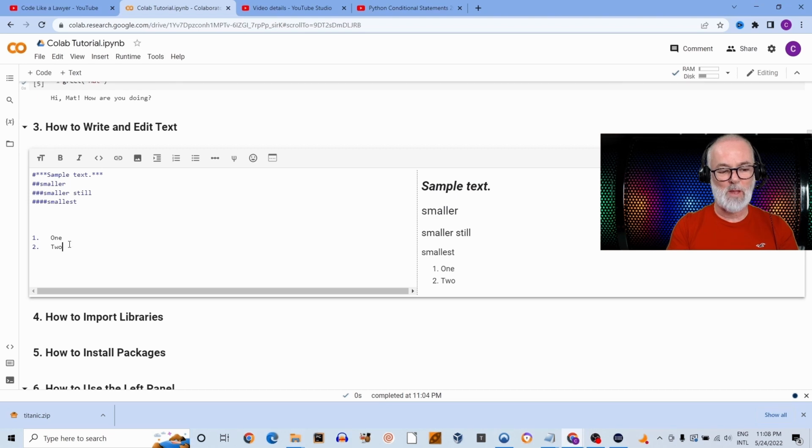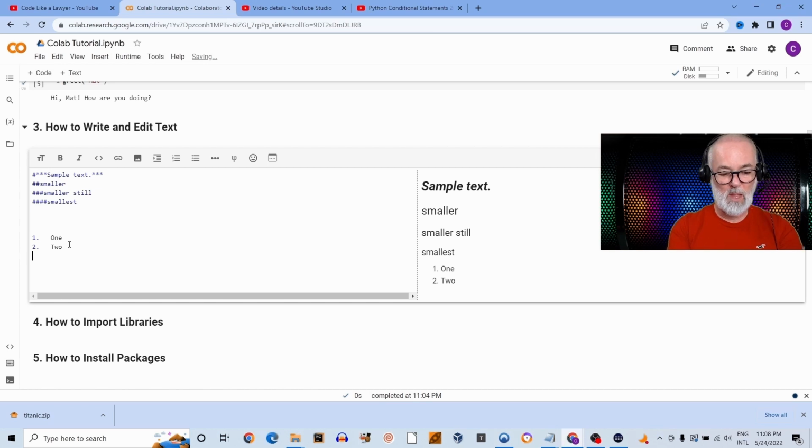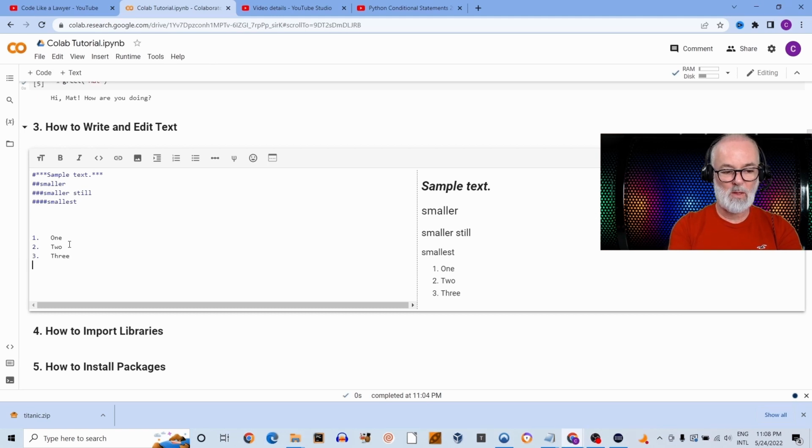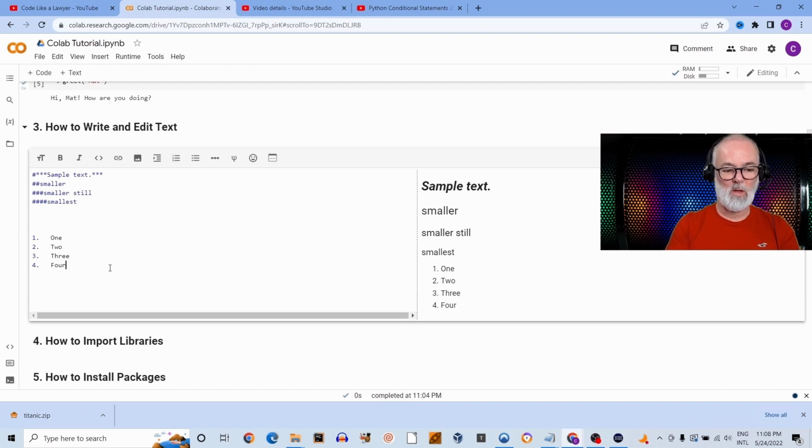What do I do if I want to add a 3rd one? You just press enter, return, and then you write 3 dot and the appropriate number of spaces and write 3. If I want to add the 4th one, you just do return again or enter it, write 4 dot, spaces and 4 and so forth. So that's how you